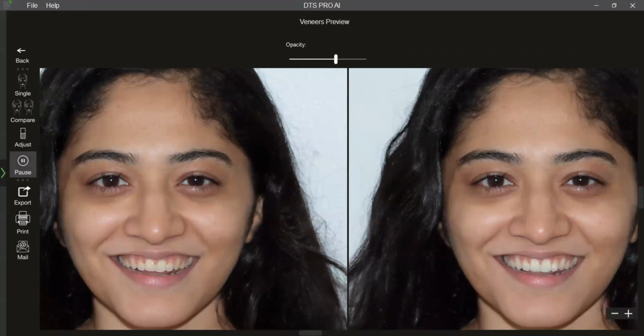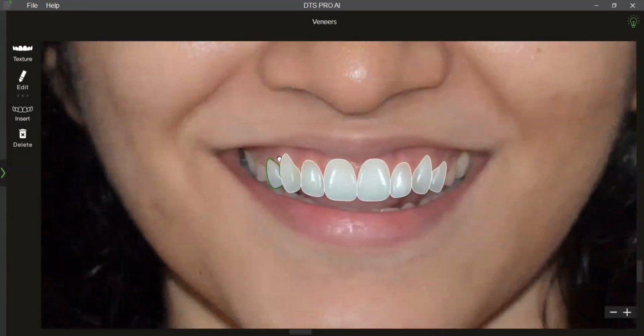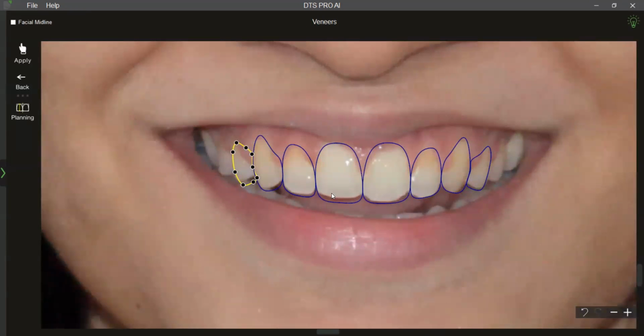Again, I can present it to the patient in the form of a before-after simulation there. Any changes that you want to do, you can easily go back. Maybe you would like to lengthen the centrals a bit.